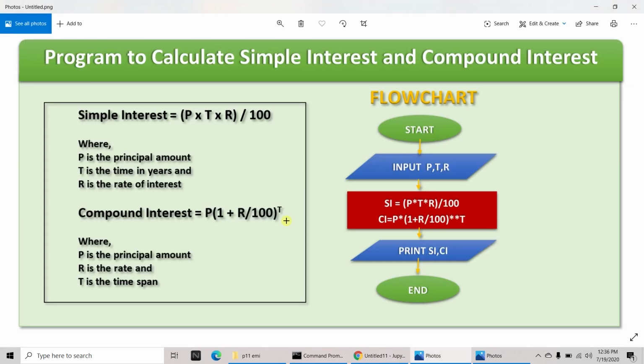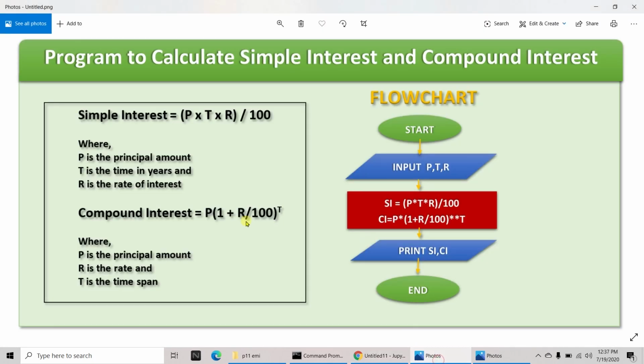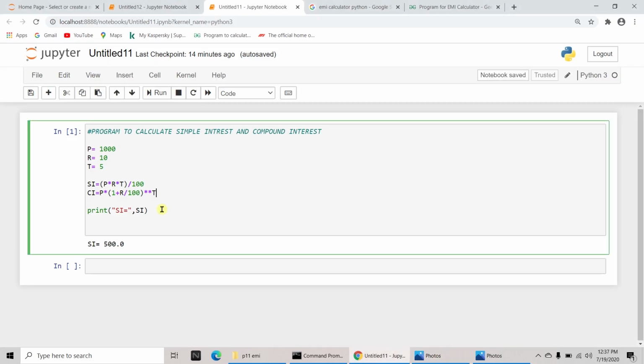See this one, P into 1 plus R by 100 to the power of T. This power we can give in two ways. Power is nothing but we can give it like this, double star. So let me check here, 1 plus R by 100 to the power of T.